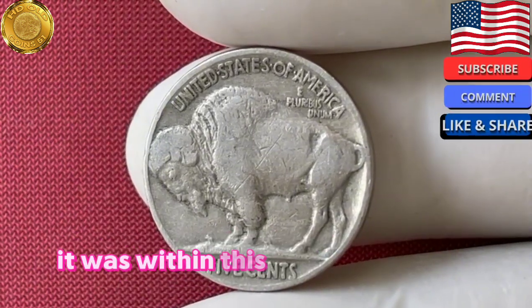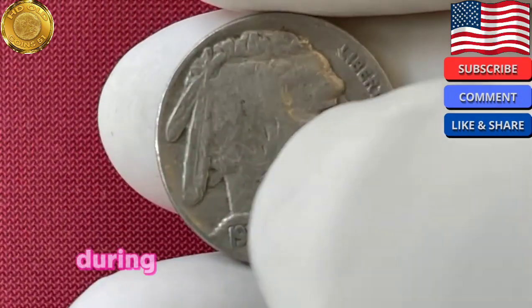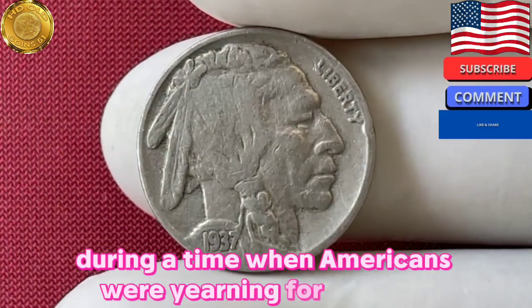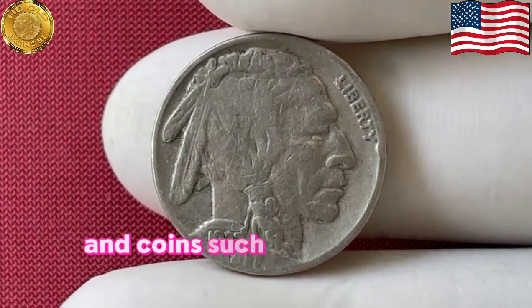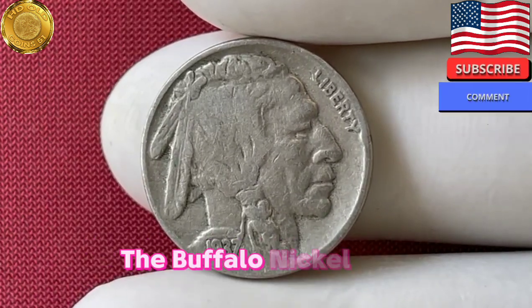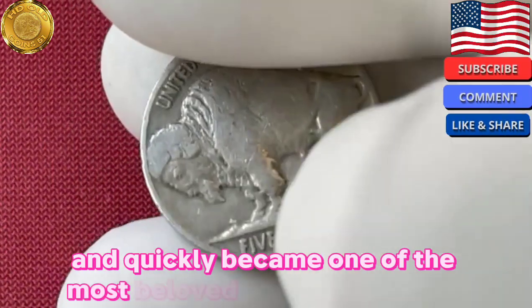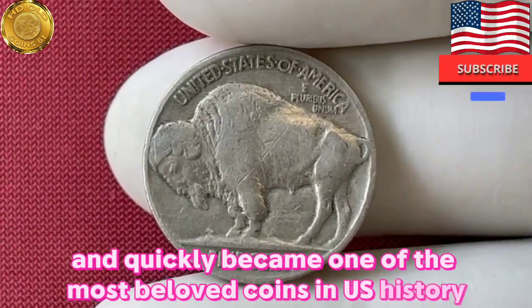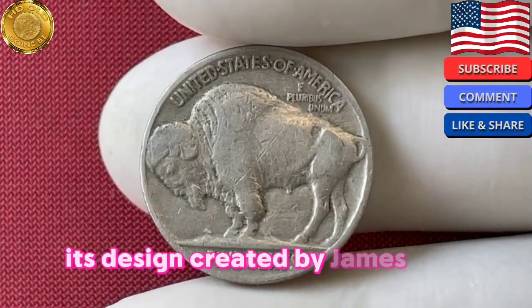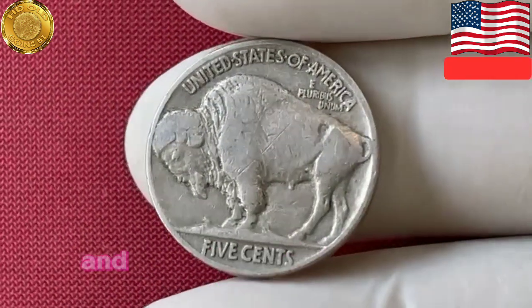It was within this context that the 1937 buffalo nickel was produced, during a time when Americans were yearning for stability, and coins, such as the buffalo nickel, became symbols of endurance. The buffalo nickel was introduced in 1913 and quickly became one of the most beloved coins in U.S. history. Its design, created by James Earl Fraser, featured a Native American chief on the obverse and an American bison